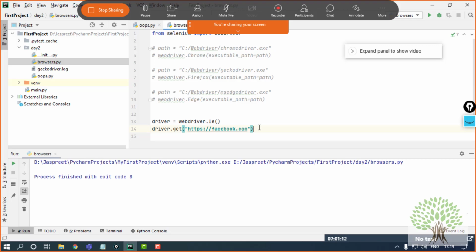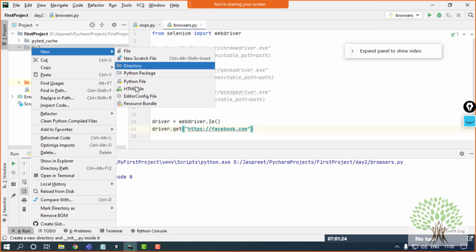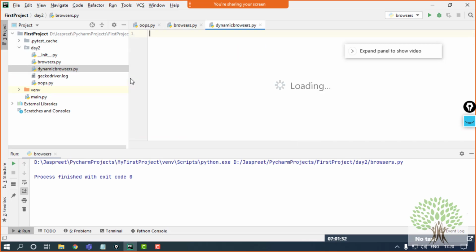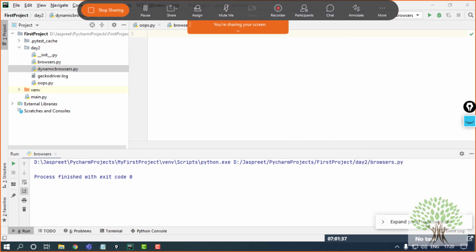That is a very generic question that is asked by a number of people. So what we can do is we can take the help of decision making statements. I can just create one more module and I'll name it dynamic browsers, so that at the time I have to run it, I can select the browser I want to choose. So simple, it's very simple.